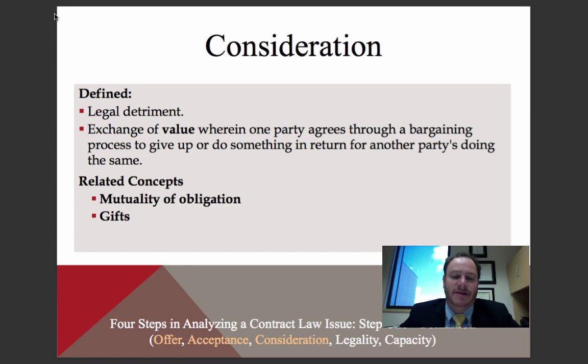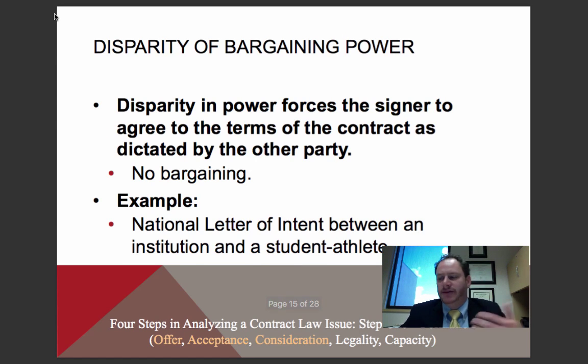The court will ask whether or not the positions were reasonable at the time. So as long as both sides are giving something up that is more than just a de minimis amount, and receiving something that's more than just a de minimis minimal amount, then the court will usually validate the contract so long as there's no other issues, because it's not the court's role to determine what is equal value. So under disparity of bargaining power, that basically means that one side has all the bargaining power, and